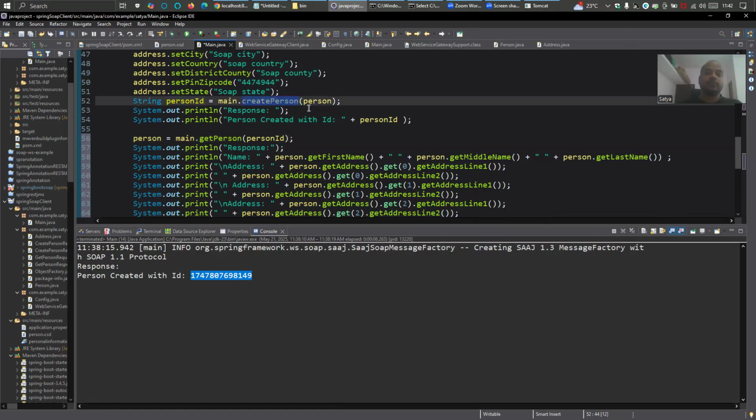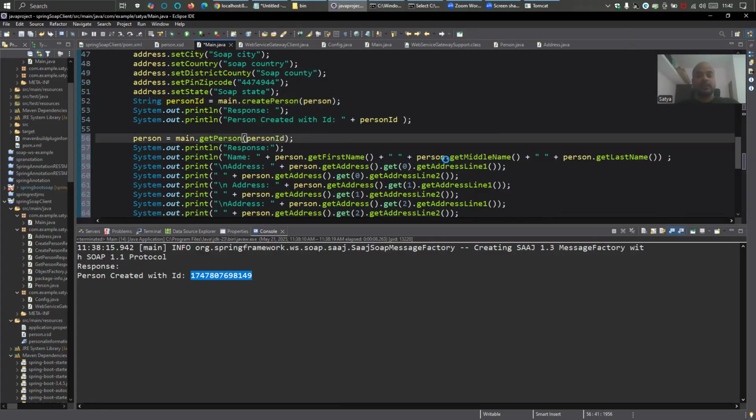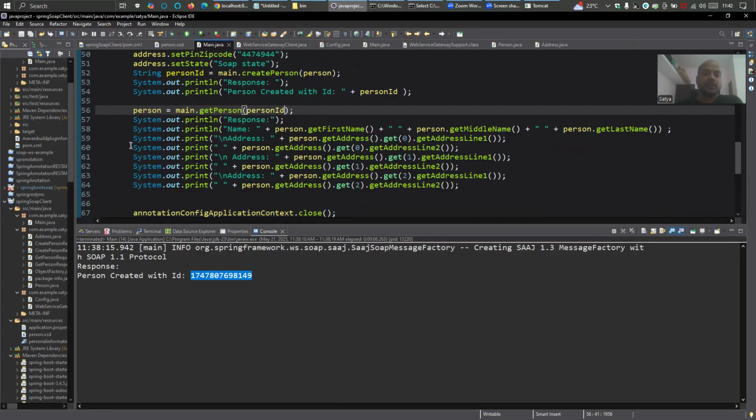In line 52, I'm getting the person ID back, and that same person ID I'm passing in line 56 to get person. Now I should see the information here, and since I only have one address, the other addresses will throw